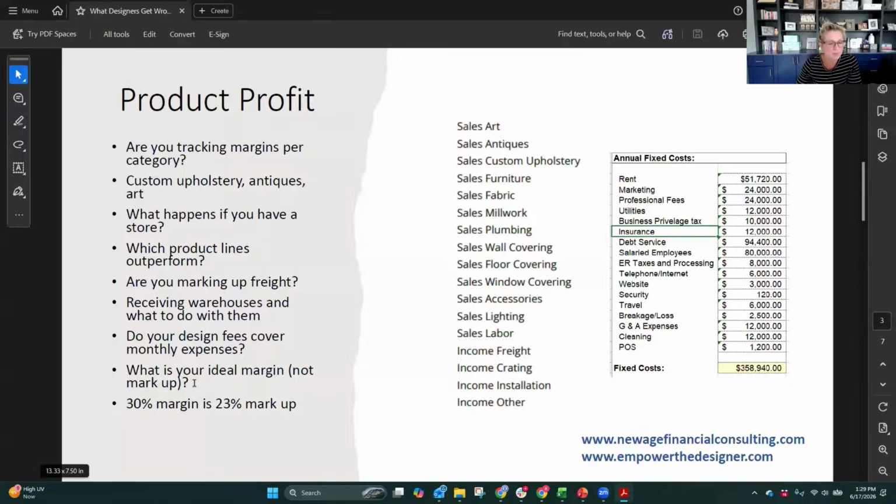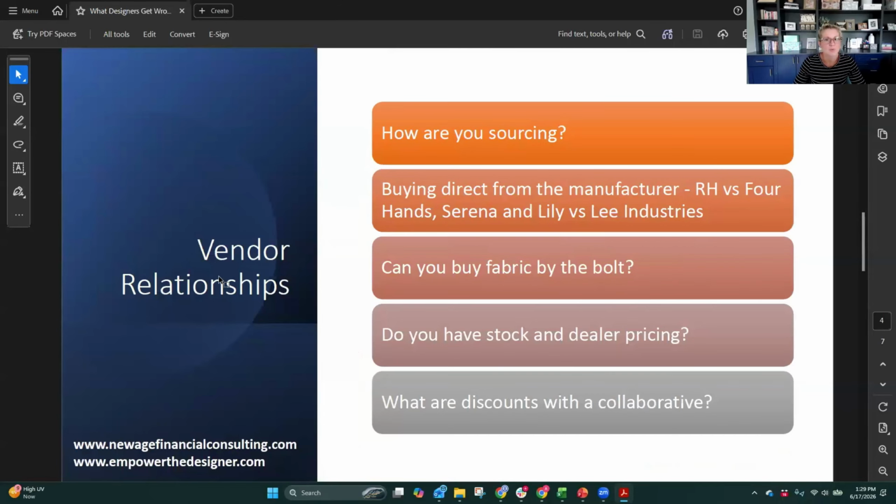Something else to remember is, what do you want your ideal margin to be? So we spoke a lot about, well, if the client contract goes out at 30 or 35, that makes it easy, right? Everything you're buying and reselling is that number. But what happens if you're marking up by vendor, right? And so actually, let's just go to the next page. So what happens when you're marking up by vendor, and why do you choose one over the other?